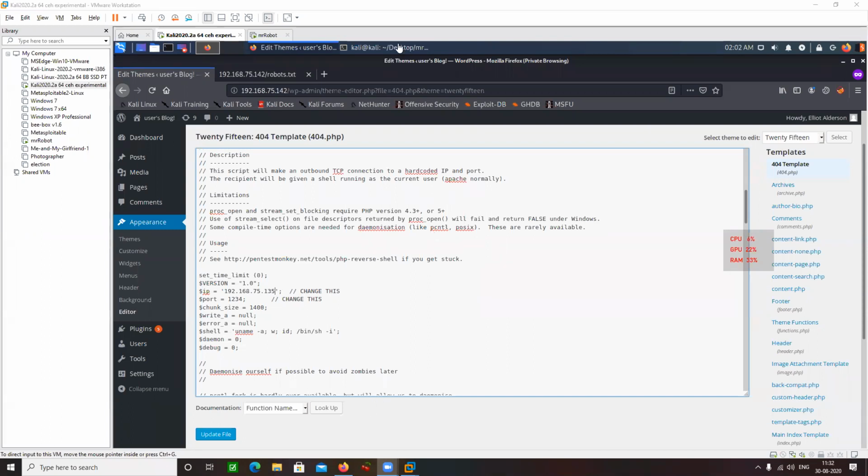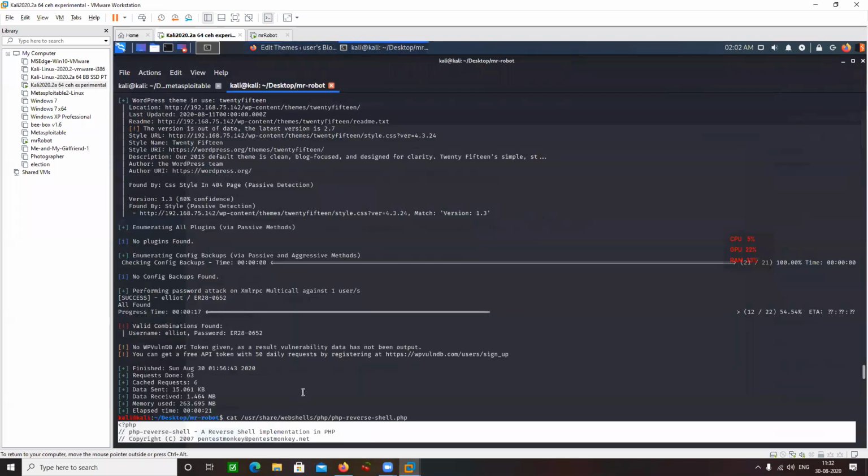Yeah, guys. So, okay, pasting the path here.